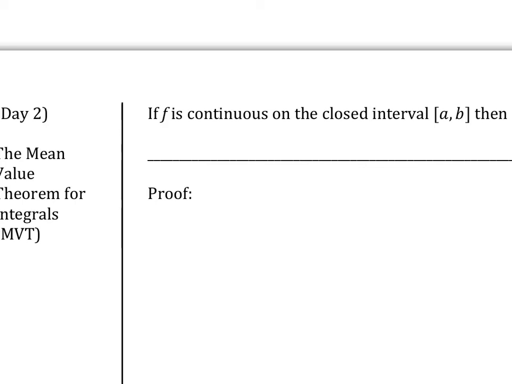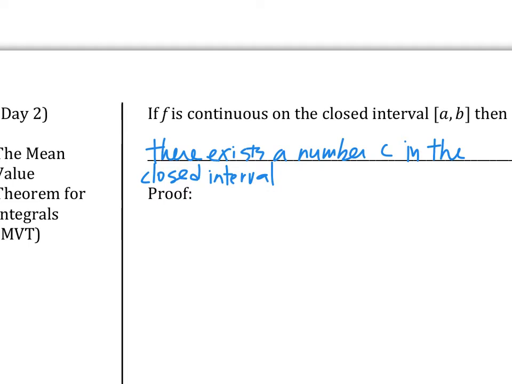Then there exists a number c in the closed interval AB. Okay, so there is a c number that's between a and b such that